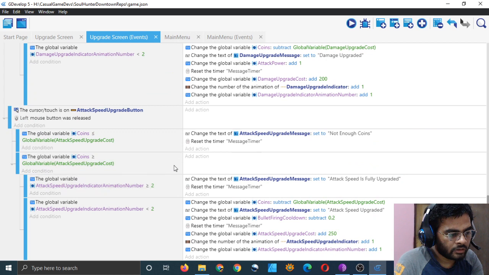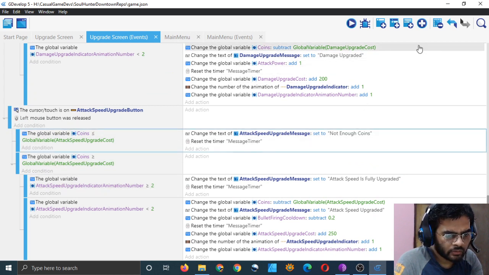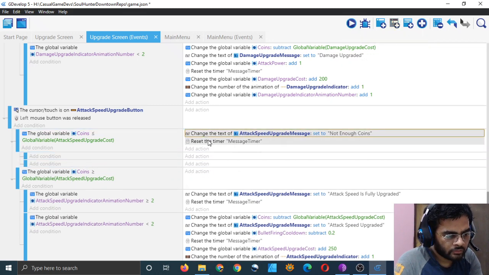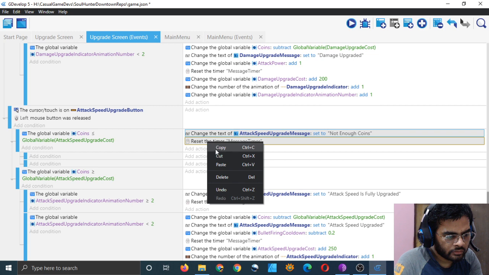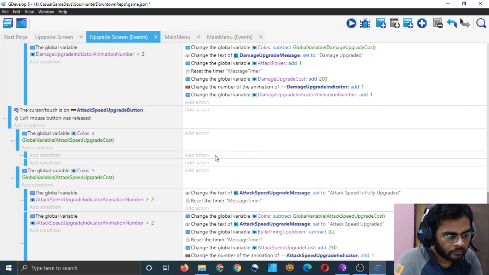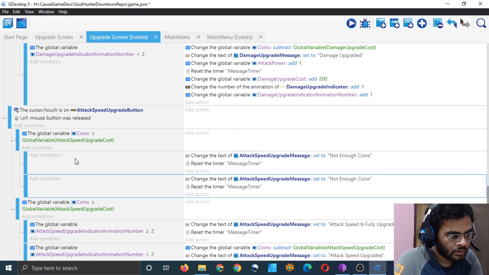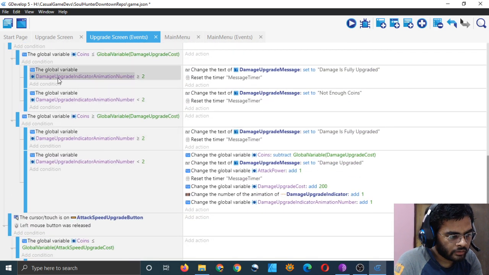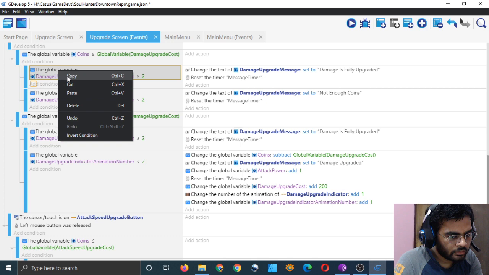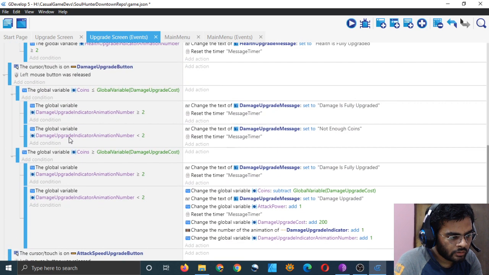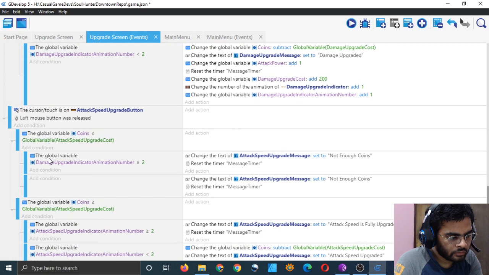Same thing to be done here also. Coins are less, then add two sub events and just cut these and paste it once here and once here. Now add condition, just copy this condition and paste it here, and copy this condition and paste it here.